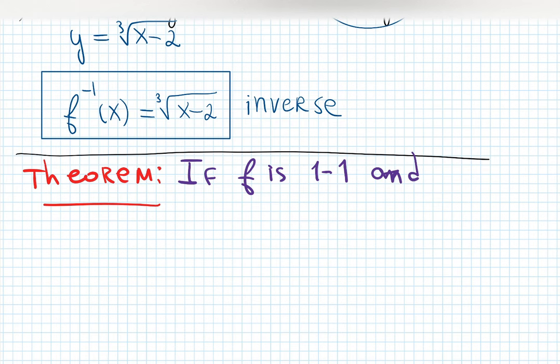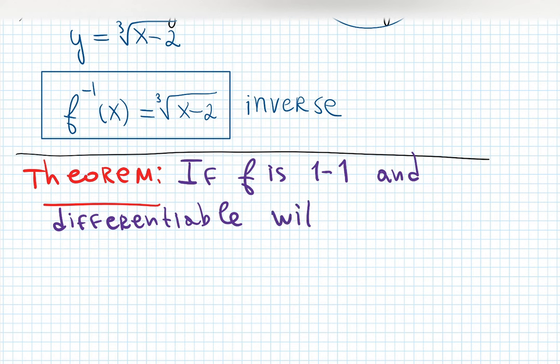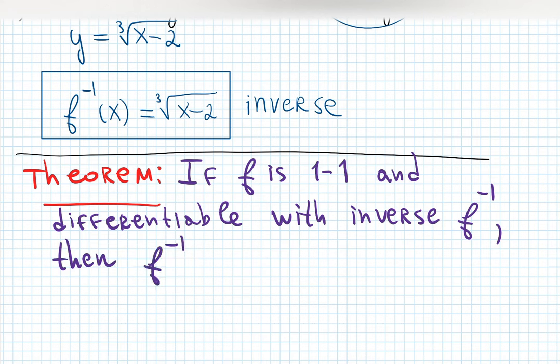Has a derivative means differentiable. If f is 1 to 1 and differentiable, then f inverse, f minus 1, is differentiable as well,